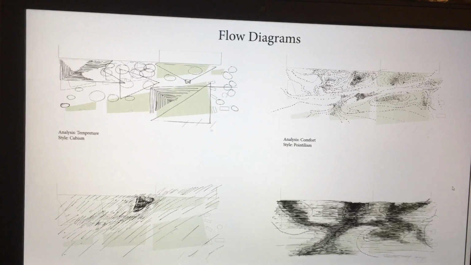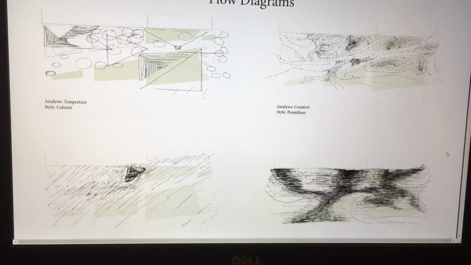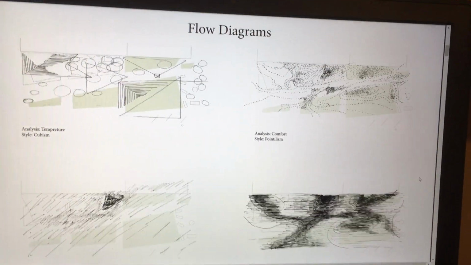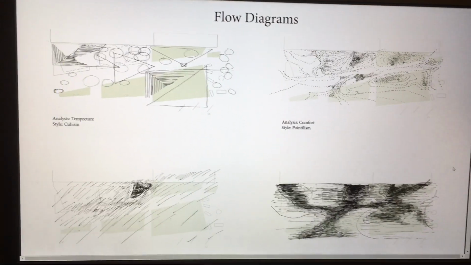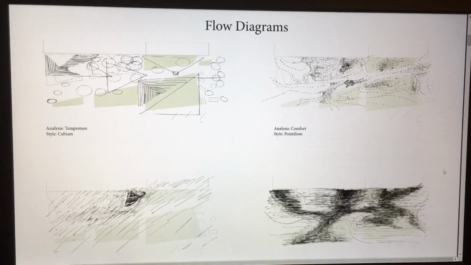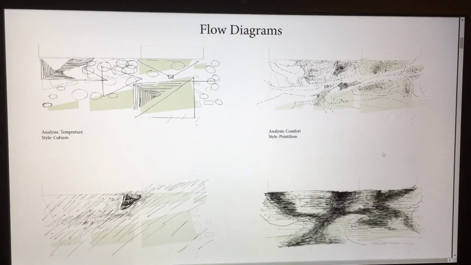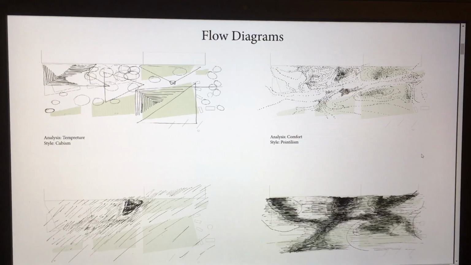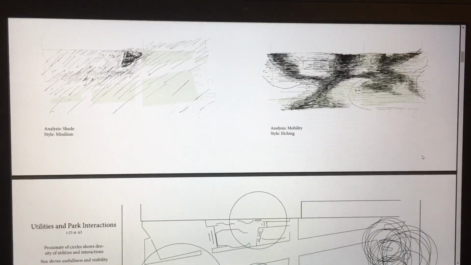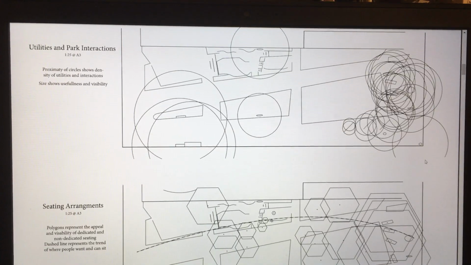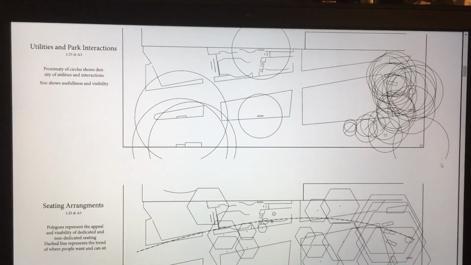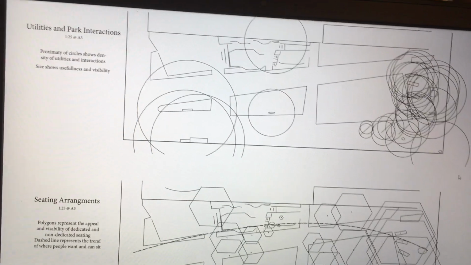I then took this information and made flow diagrams in artistic style and superimposed it onto a map of the actual park that I made. They are 1 to 50 at A3. Then I took those maps. Oh, and then I also did some